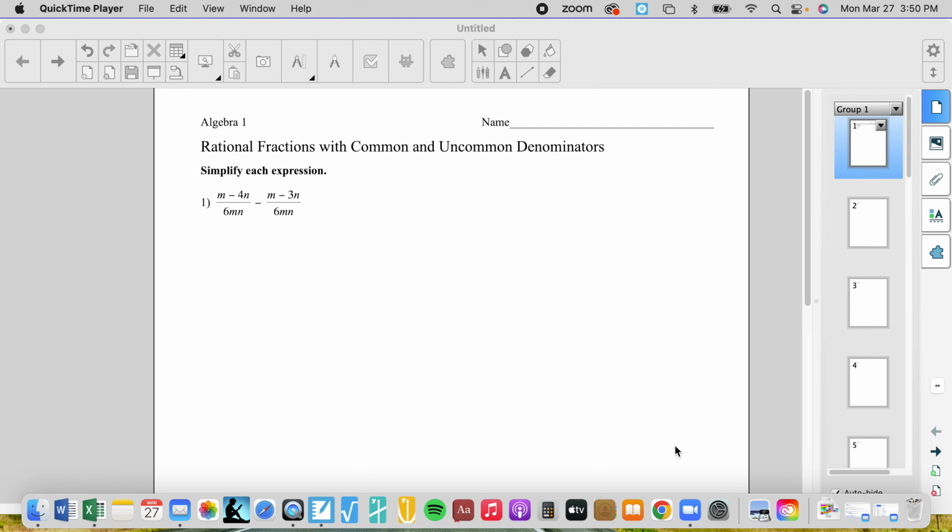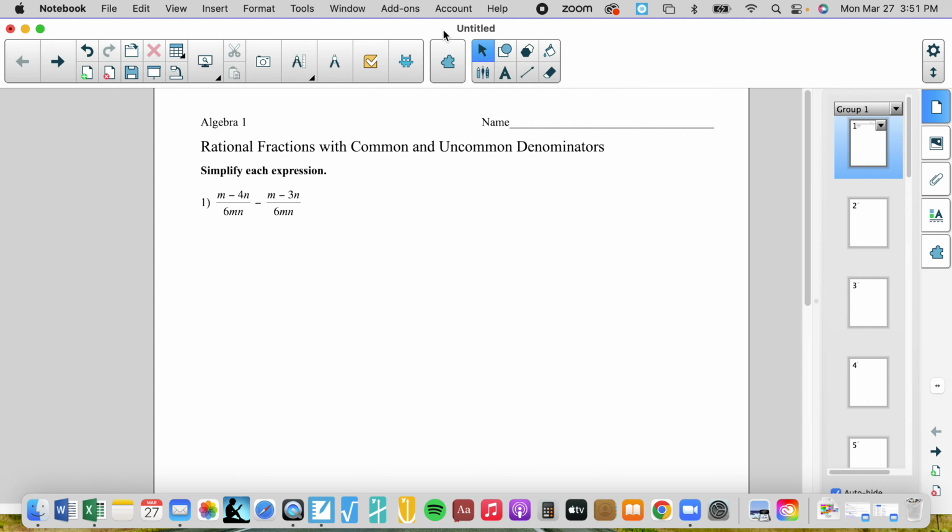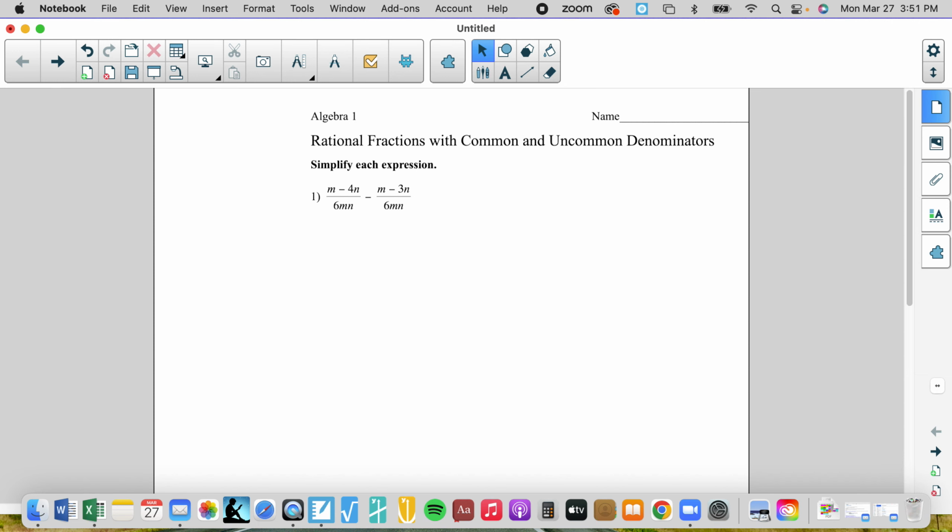Algebra 1, we are going to work on combining rational fractions with common and uncommon denominators. All right, so we're going to start off first with common denominators. So when we have common